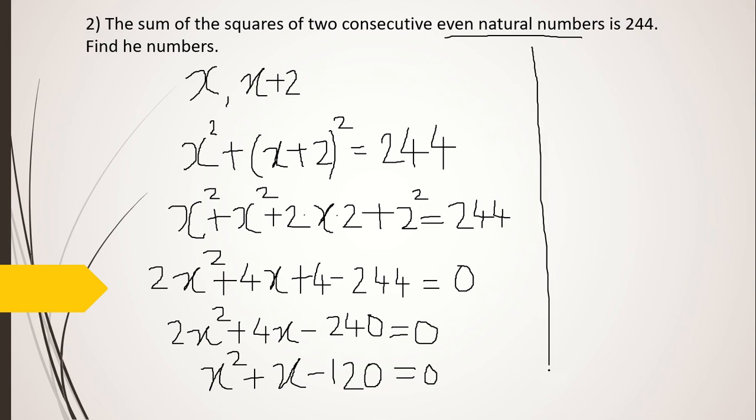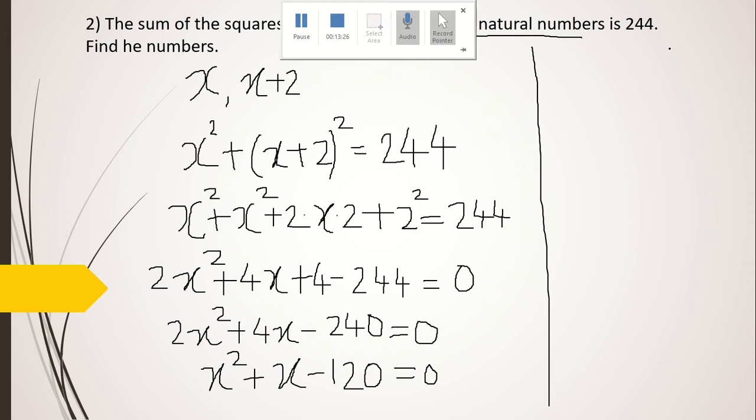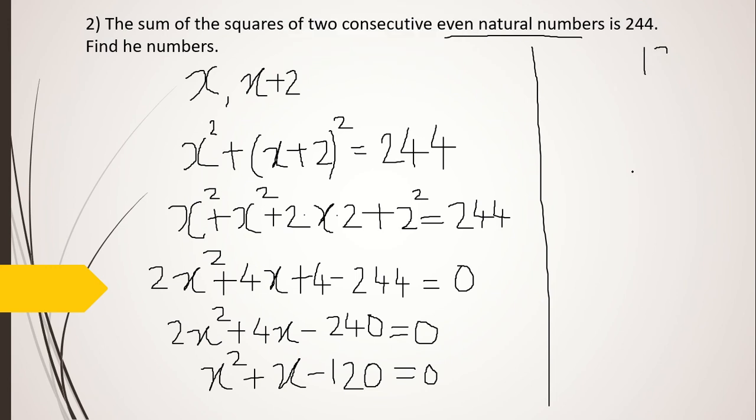Okay. Now solve this. You have to factorize 120. Sorry, this is 2x. See, I have divided by 2 throughout, no? So this 2 is gone. This is 4x, so that should become 2x minus 120. I have to factorize 120 in such a way. See, there is a minus sign. I have to find the factors after subtracting, and they should give me plus 2 after subtracting. So 12 tens are 120, and 12 minus 10 gives me this 2.